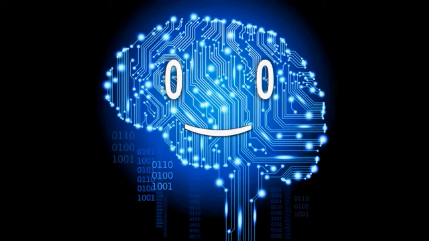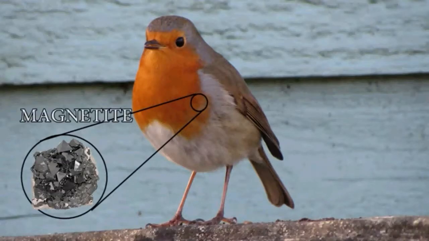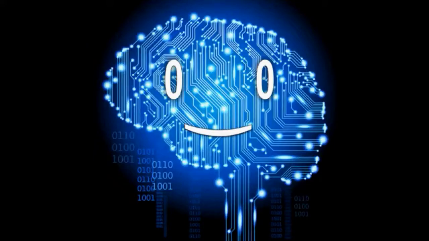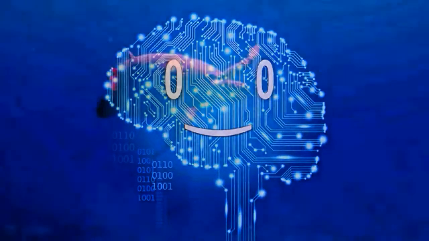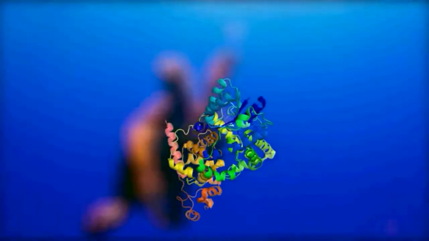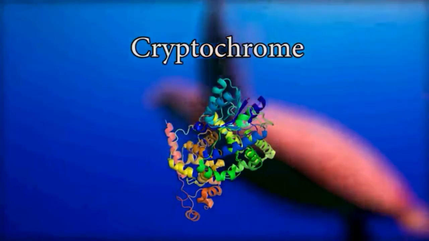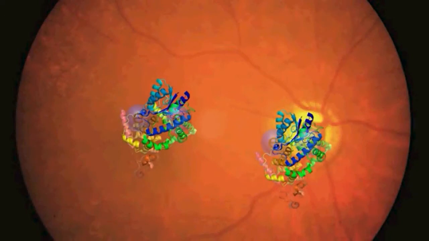The most boring one is that they have a substance named magnetite somewhere in their body which is sensitive to the magnetic field. However, the most fascinating theory is, as always, the one that has quantum physics in it. It says that migratory animals use a special protein in their eyes named cryptochrome. When a photon enters the eye and hits one of those molecules, one of its electrons bounces away and gets to another cryptochrome, forming that way two radicals, one negatively charged and one positively.